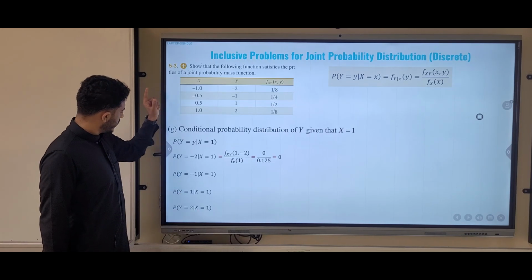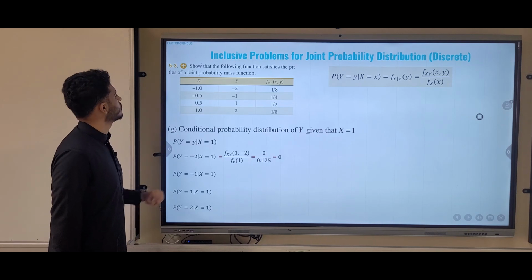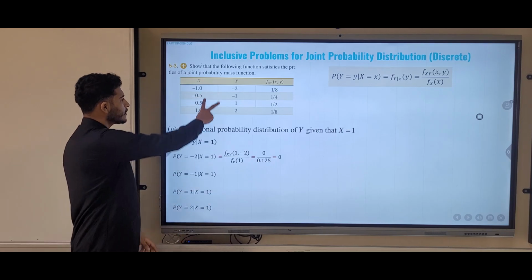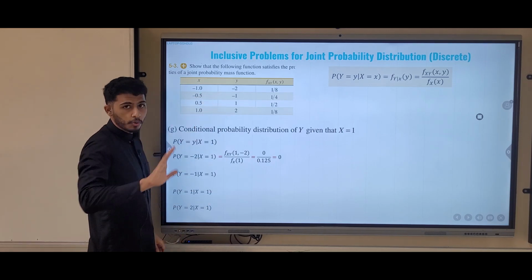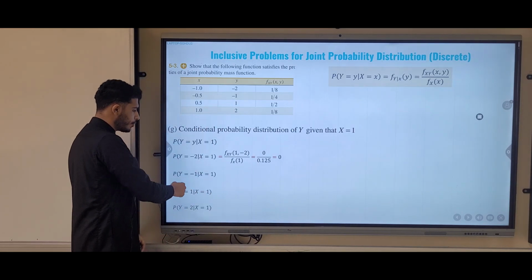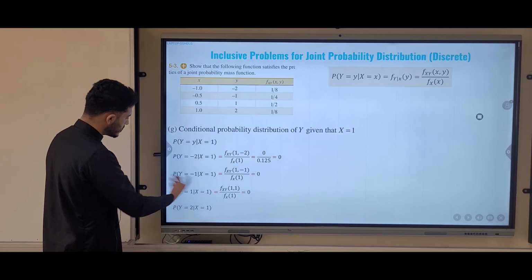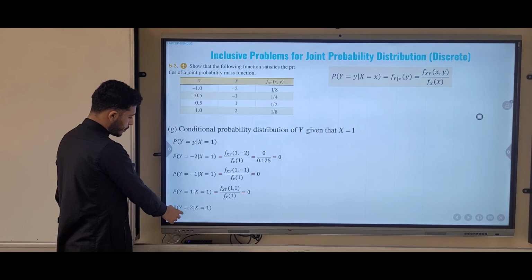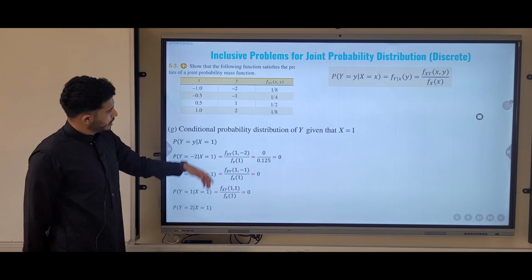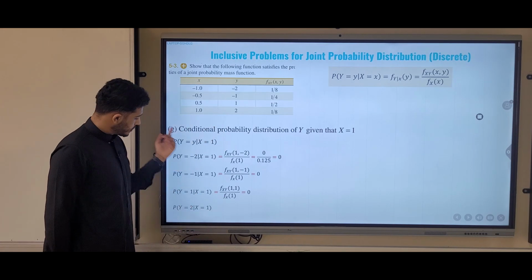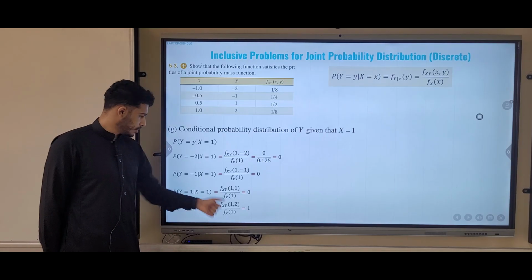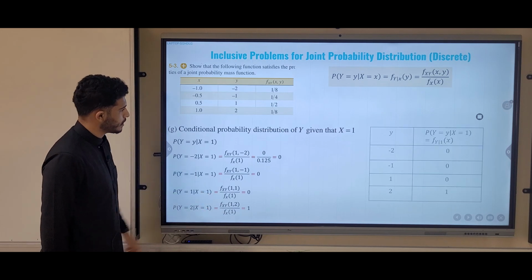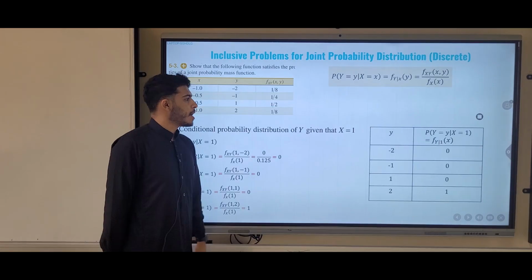Hold on. Oh yeah. For y equals minus 1, x equals 1, there is nothing between them. If they were like this, then they have a probability. If they are like this, there is no probability between them. This equals 0. So we already know that this one equals 0, and this one would also equal 0. But for the last one, y equals 2 and x equals 1, we actually have a probability, and we're going to divide it by the marginal of x that we have already from here, which should equal 1. So 1 over 8 divided by 1 over 8 equals 1, and this is the table for the conditional probability